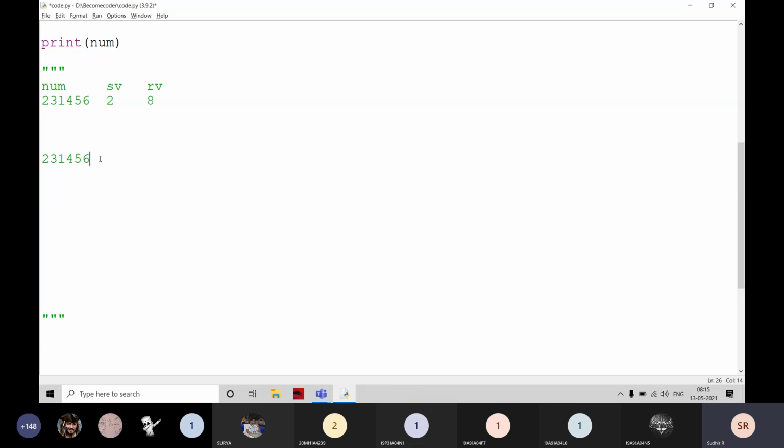But here I am tracing in the backward direction. That's why the first digit is 6. I am going to find the first digit from this one. And this is the second digit and this is the third digit. That's why I am going to reverse the number first of all. The number is going to be 6541132. Then this is the first digit. Now I am going to replace 2 with 8, and 3 and 1 are not matched, and 4 is the second digit and 6 is the last digit.